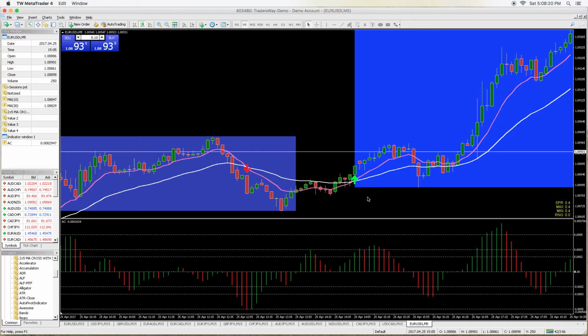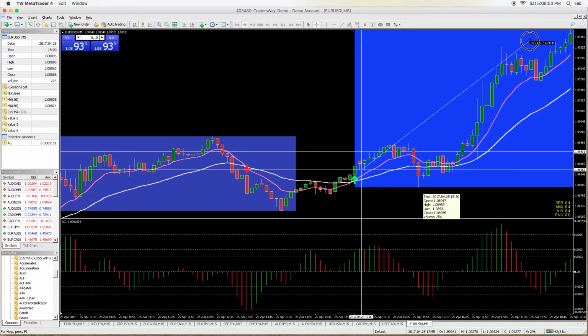And I like to see a pullback not only on price but on the oscillator as well. So this one probably would not have been a trade either. Once again, it would have been a subjective thing. And as we can see here, even had you got in, say, somewhere right in here, price goes up about 9 pips and maybe 7 with the spread, and then comes back down here, and that would have been about a -9 with the spread. Now, had you stayed in, of course, it went way up there, but